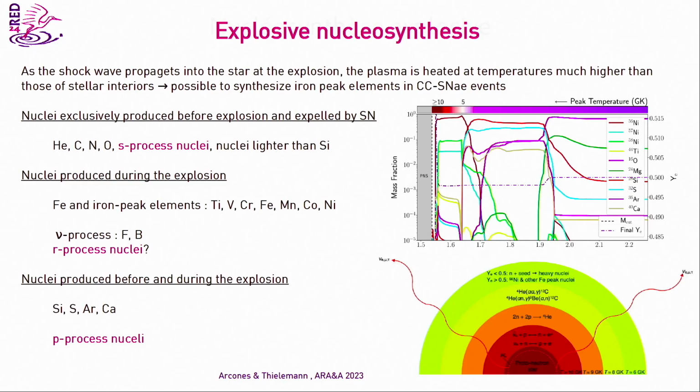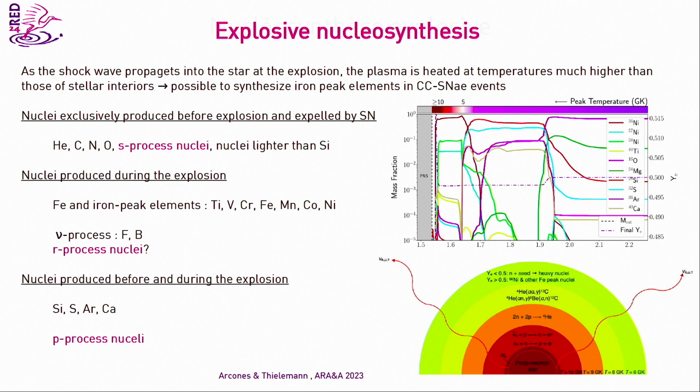So this is what is produced. Here you have a simulation just after what we call explosive nucleosynthesis. Sorry for the microphone. What you see is inside a star, and what you produce. So you produce essentially nickel, lots of nickel, titanium, and this is how we verify the explosive nucleosynthesis,